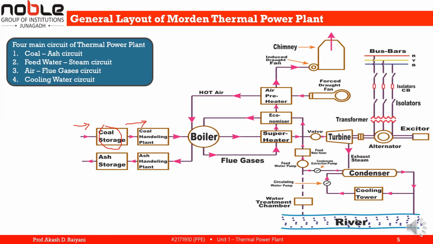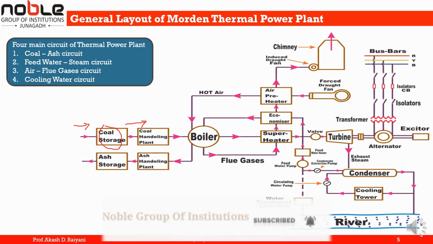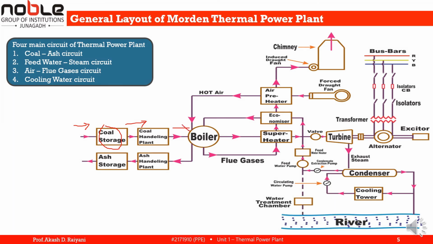The flight conveyor carries the coal to the boiler house and then it is fed into the hopper by gravity. The hopper feeds the coal in the required quantity onto the stoker, and then the coal is burnt in the stoker. The ash resulting from the combustion of the coal collects at the bottom of the boiler and is then removed to the ash storage yard by ash handling equipment.